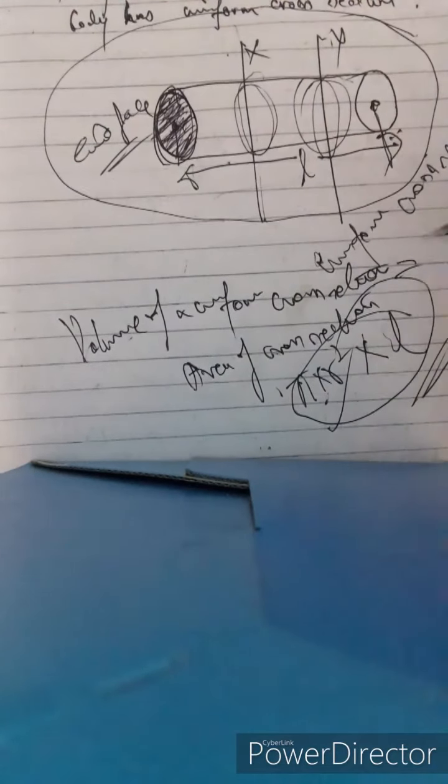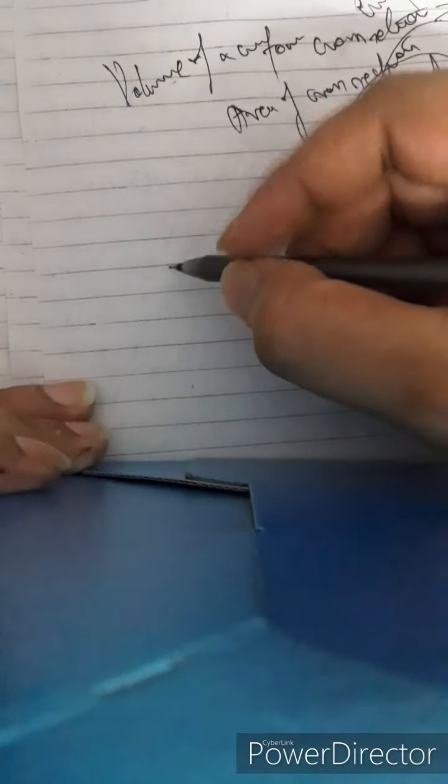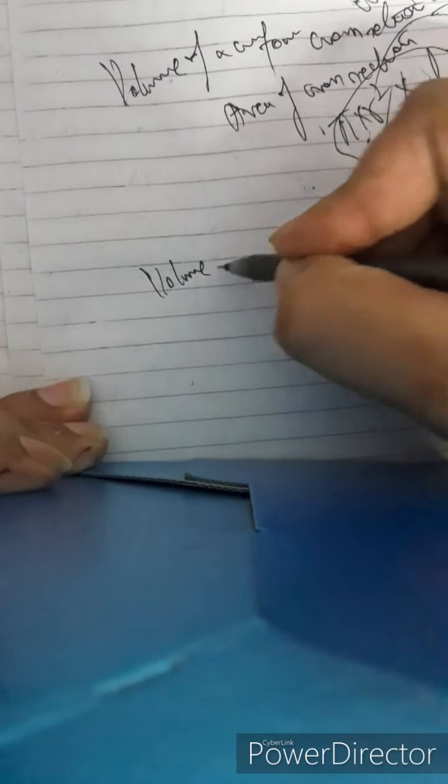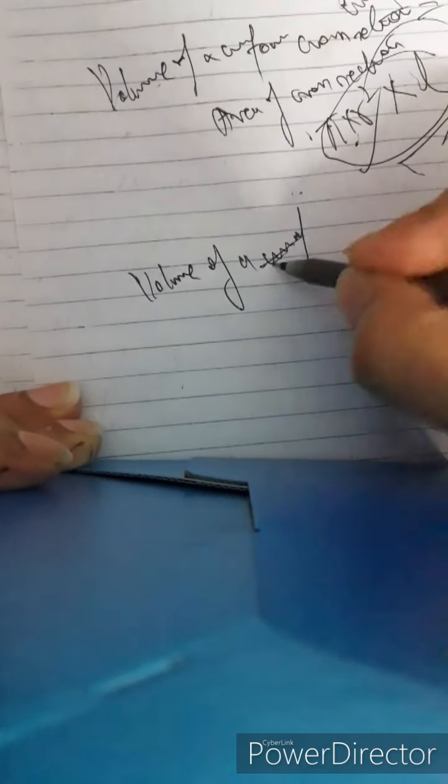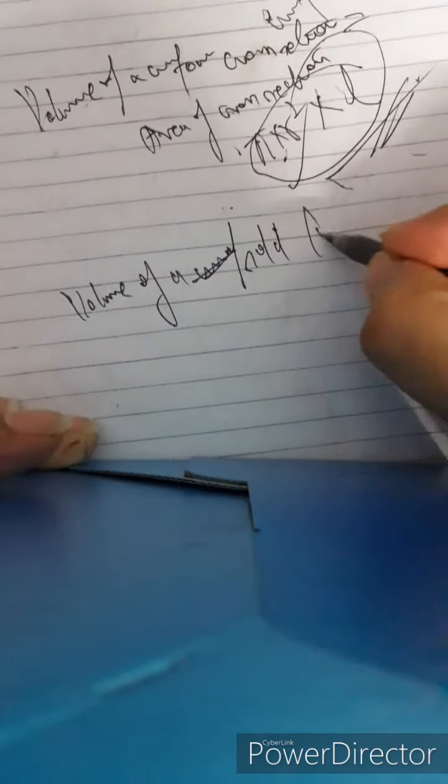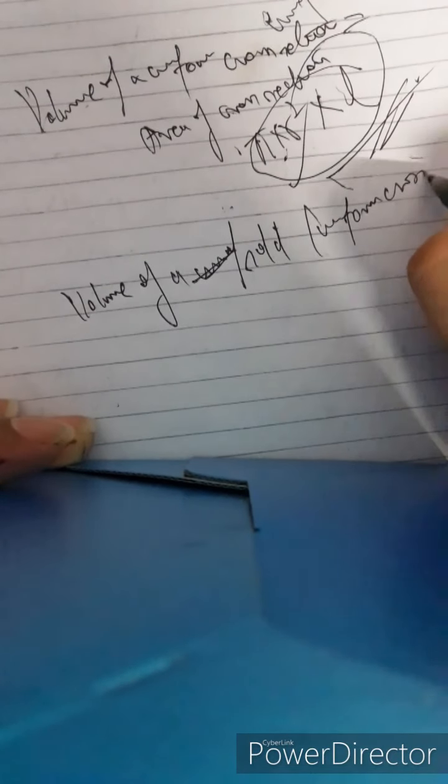So the volume we have seen is for a cylinder only, but this is different for a cuboid, a cube, or any other shape of solid. This case is for a cylindrical portion only. Please don't take this formula for any type of solid. You have to remember the general formula for the volume of a solid which has a uniform cross section.